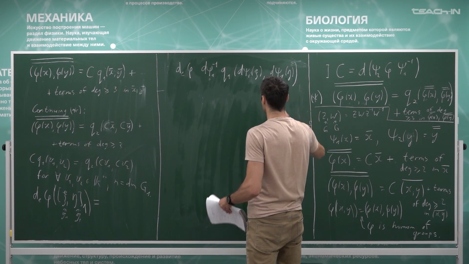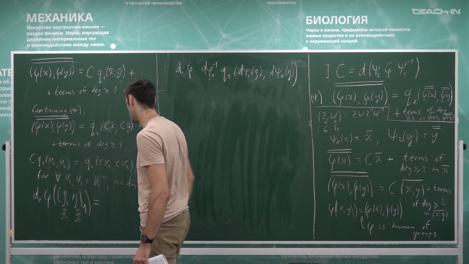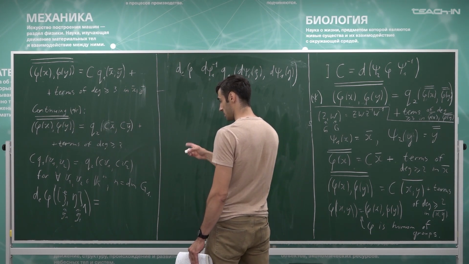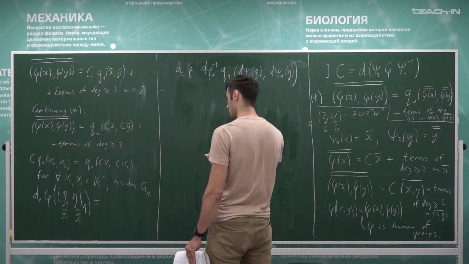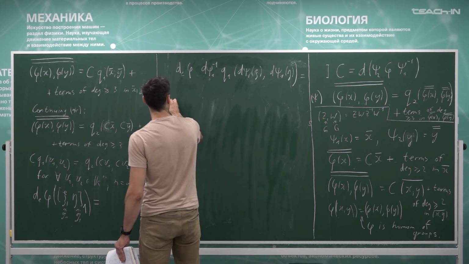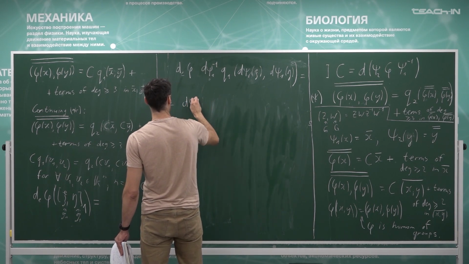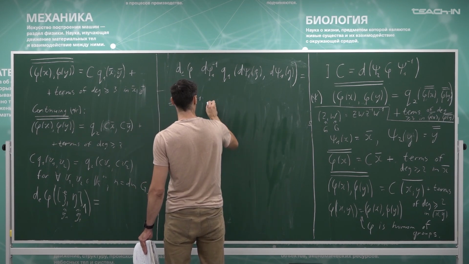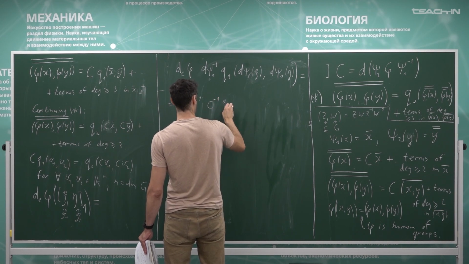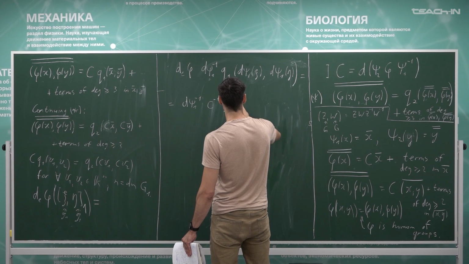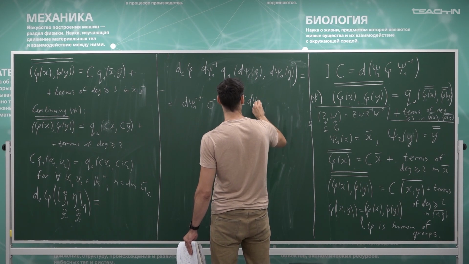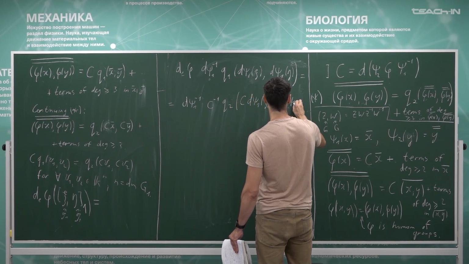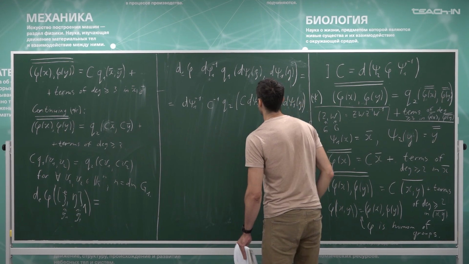Right. Now I'm using this. So it means that Q1 of V1, V2 is C inverse Q2 of CV1, CV2. So this equals d psi1 inverse, then instead of Q1, I get C inverse Q2, then C d psi1 of xi, C d psi1 of eta. Now I need to